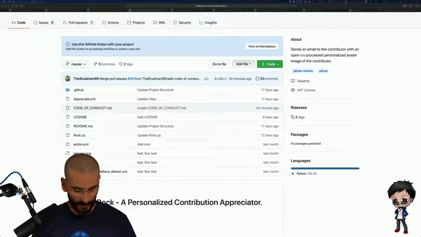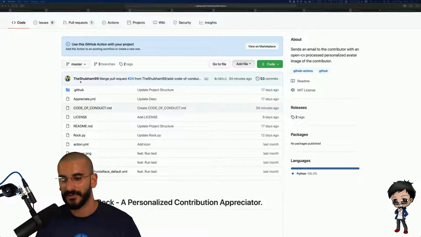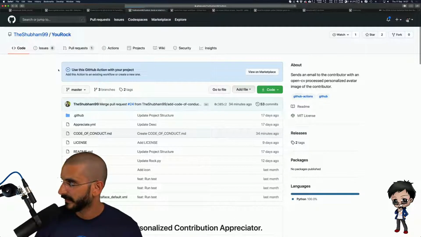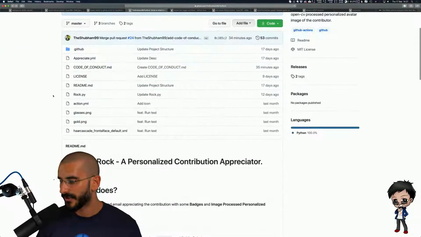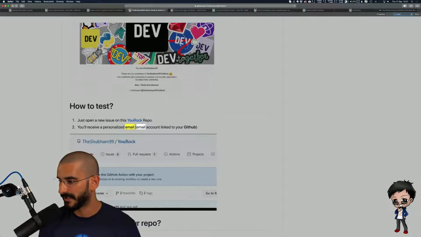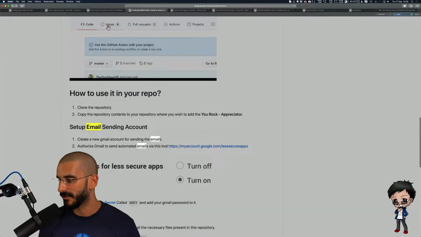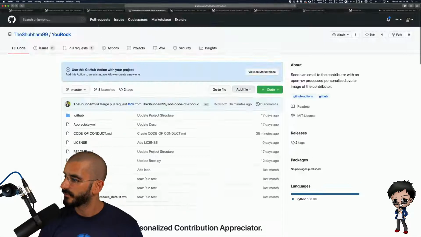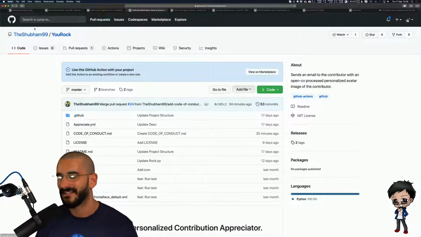So if you want to contribute to open source projects, we have got a lot of Node and JavaScript projects that you can contribute to. Okay. Your project has got 2 more stars. That's awesome. I also think, do you say in the documentation that the email needs to be public? You received a personalized email, but you don't say that it needs to be public. So we'll work on that together and see.